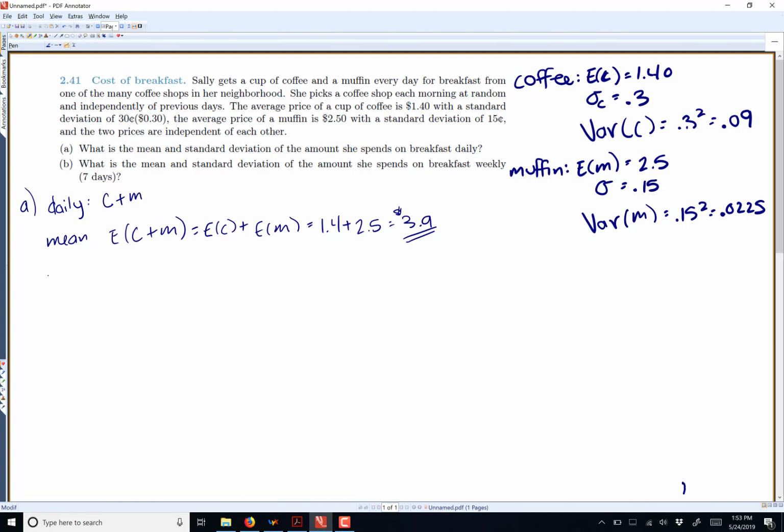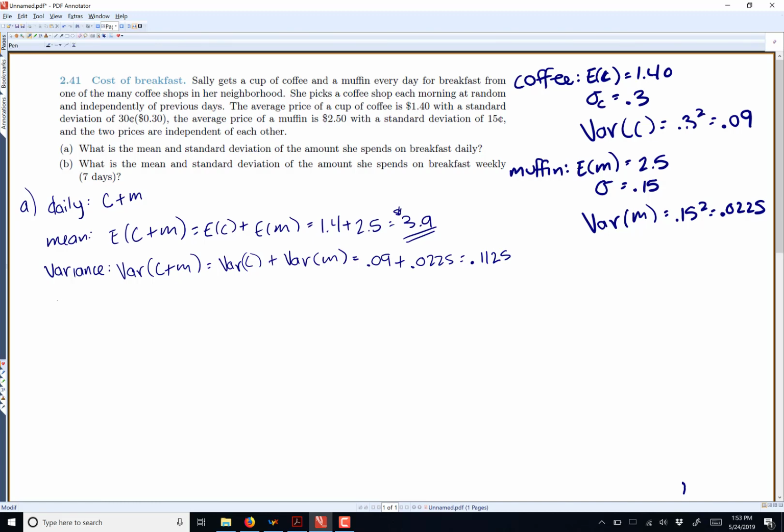That's just the average. For the standard deviation, well, first, before you can find standard deviation, you have to find variance. The formulas only work if you find variance first. So we'll find variance first. We'll do the variance of a coffee plus a muffin. Well, variance rules say you can also just add up each of the individual variances. So we'll do variance of the coffee plus variance of the muffin. So variance of the coffee was 0.09 plus variance of the muffin of 0.0225 gives me 0.1125. So the variance will be dollars squared,